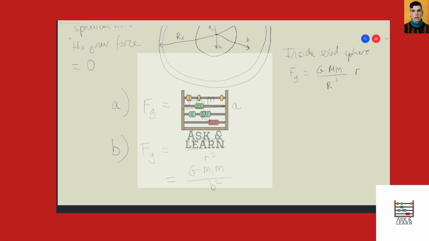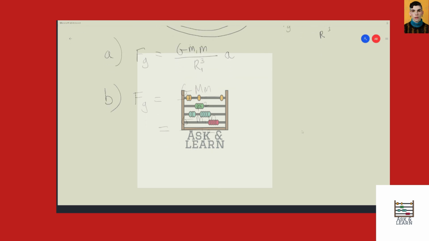So the gravitational force outside the spherical shell is also G M m over r squared. So for this, it's just going to be